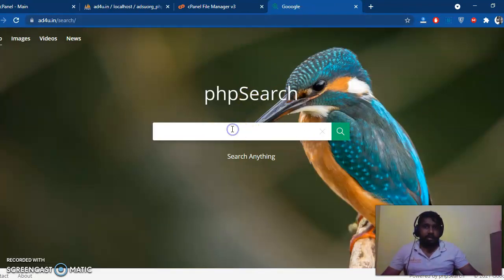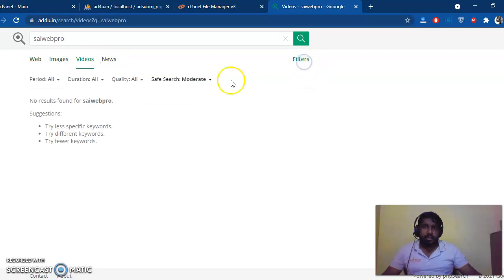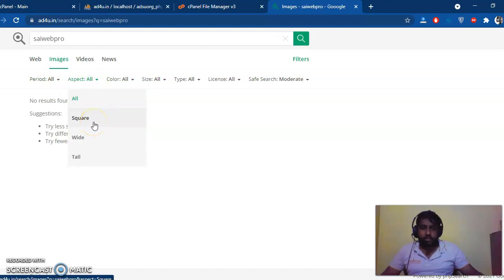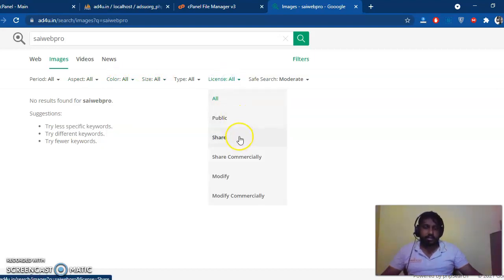As I didn't provide any Bing API, mostly search results wouldn't display. If we provide a Bing API, you can get search results that are web-based, image-based, video-based and news-based. And there are pretty many filters also provided. For image-based search, you can see filters like aspect ratio, if you want the image to be square, wide, or big size, color combinations, and license. Can we use that image? Can we reuse the image? You can find that here in the filter section.